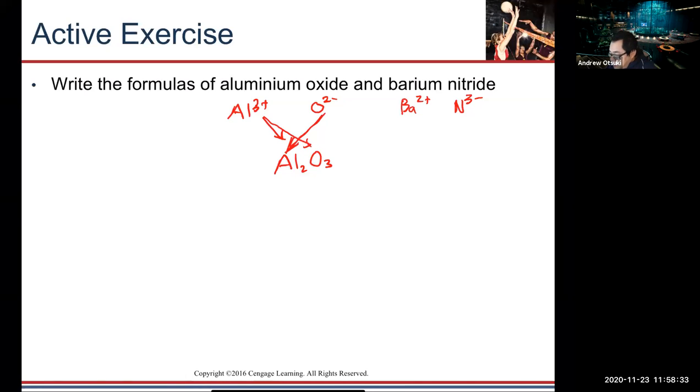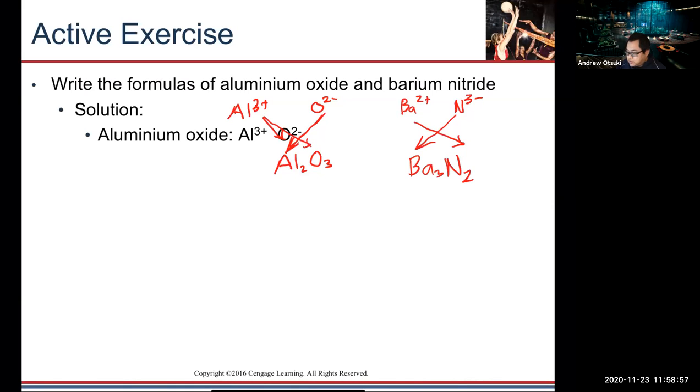So here's a better example. So barium, we could use the same idea. So we have barium 3 and then nitrogen 2. So the crisscross rule is helpful if you do not like doing mental math, but mental math is a good check to see that it's correct. So our solution here is